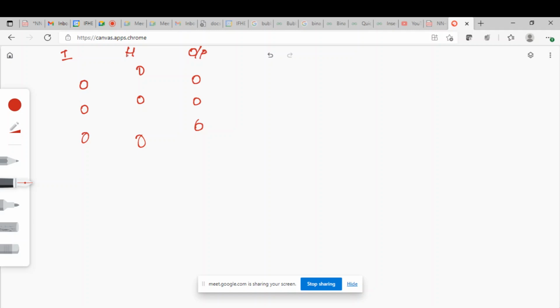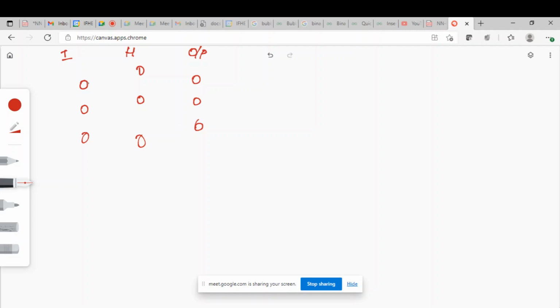So it is not that there should be only one hidden layer. In the real world neural network, there will be plenty of hidden layers. How many hidden layers should be there, how many neurons in each hidden layer, how many neurons in the input layer, how many neurons in the output layer, all these are design parameters, designed by the architect who designs the neural network. Again, that depends on a lot of experience and understanding. So we are not going into that detail. Let us try to understand how the concept of back propagation works.